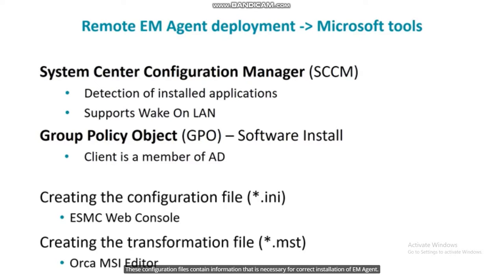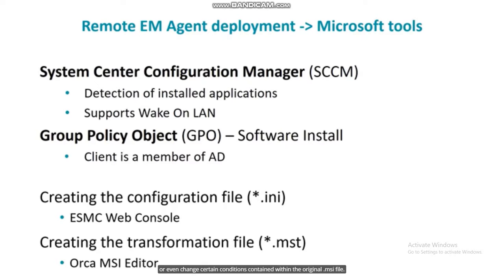These configuration files contain information that is necessary for correct installation of EM Agent. You can download install config ini file containing all the configuration data directly from the ESMC web console. The second option is using an MSI editor such as Orca MSI Editor. Orca is a tool that allows you to edit an MSI file's properties. With Orca, you can easily add customized text, add and remove installation screens, or even change certain conditions contained within